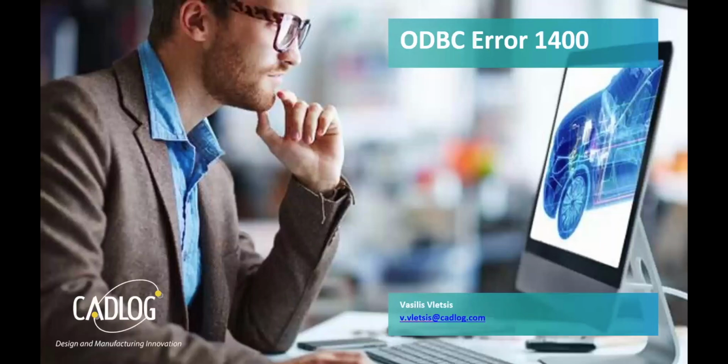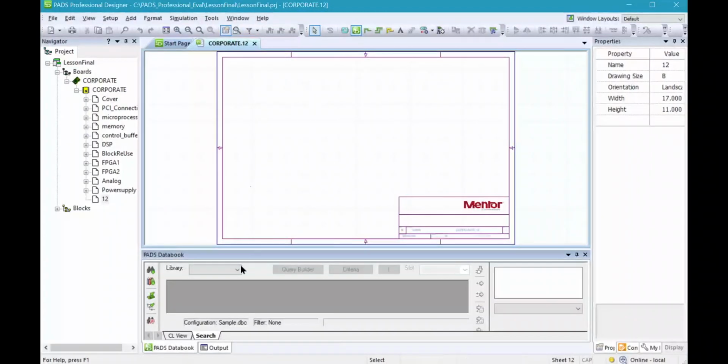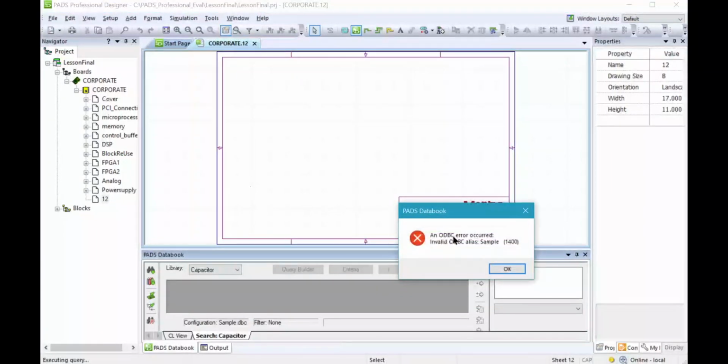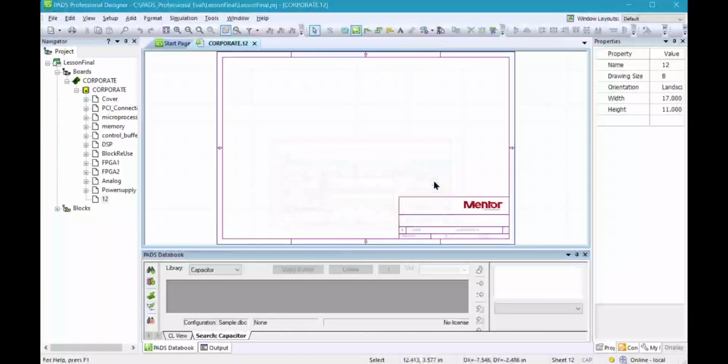So let me reproduce the error message by opening the databook and opening a library. An ODBC error occurred, invalid ODBC alias sample 1400. So in this particular case, the error message tells us that the ODBC alias named sample cannot be found. We can click OK, and the login ID and password here are not relevant, so we can ignore them and click